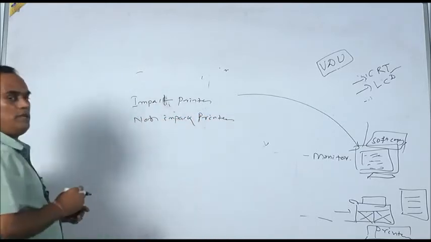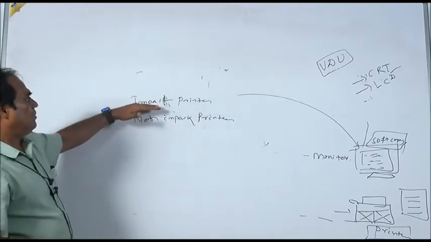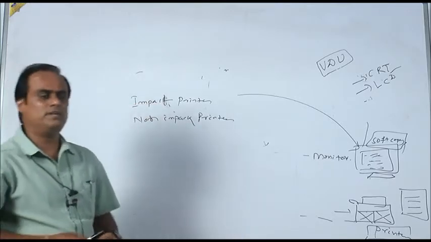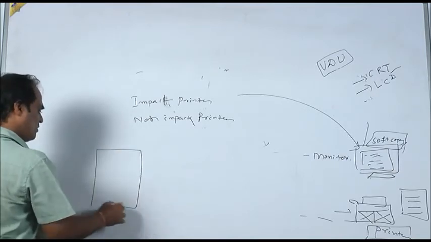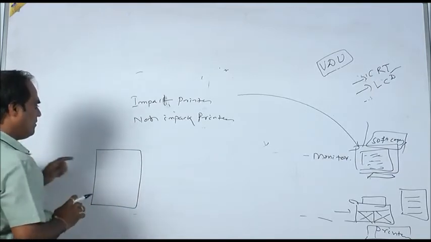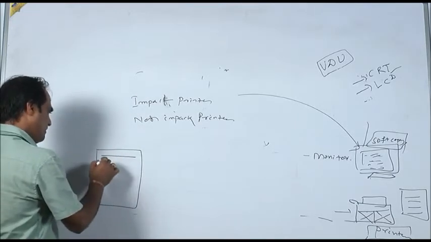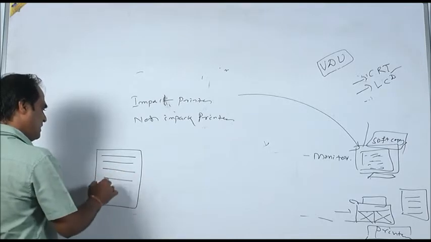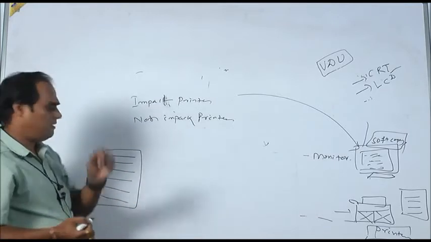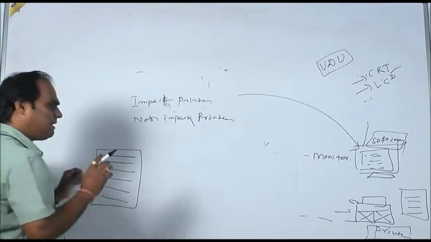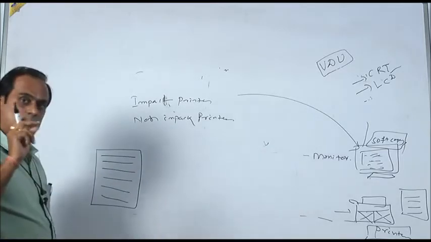Okay. So, impact printer and non-impact printer. As per its name, impact printer means... because we know that a printer is used for what purpose? To print the result on paper, yes or no. That means the printer is the device through which we can print on paper. So, how will it print? Definitely the printer has its nozzle or head, we can say.